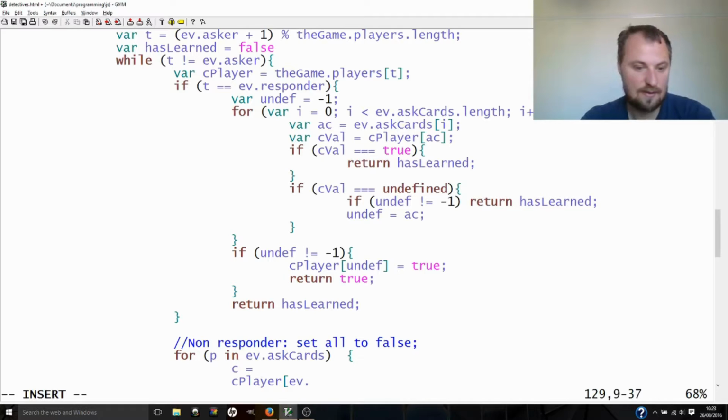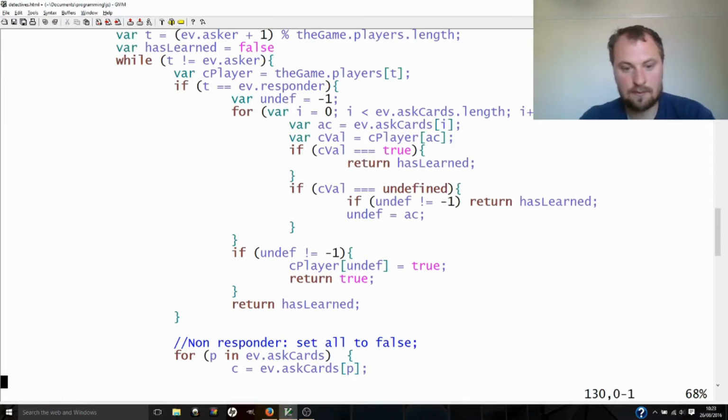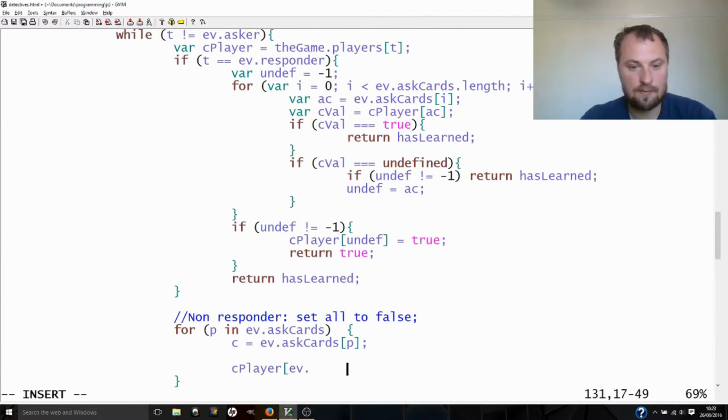C equals ev dot ask cards p. So if C equals false,